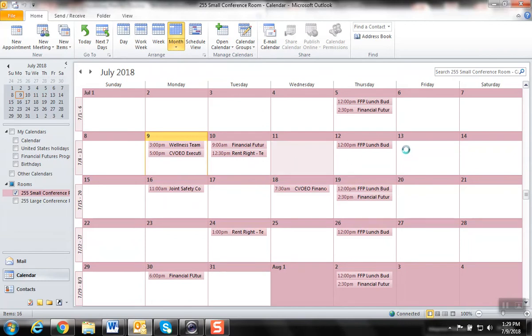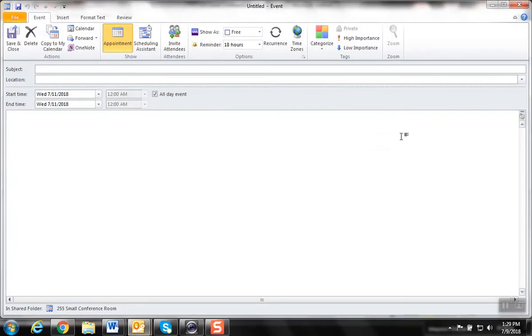So I'll double click on that and type in financial futures as the subject, and then if it's SpendSmart 1, we'll type that in. Sometimes it's helpful for other people to be able to see who's the facilitator, so I'll write that. And it's not an all-day event, it's from,